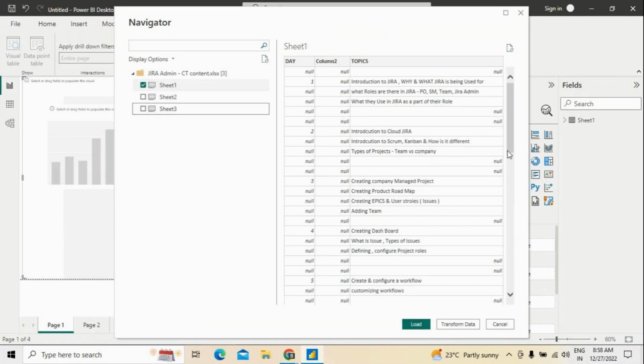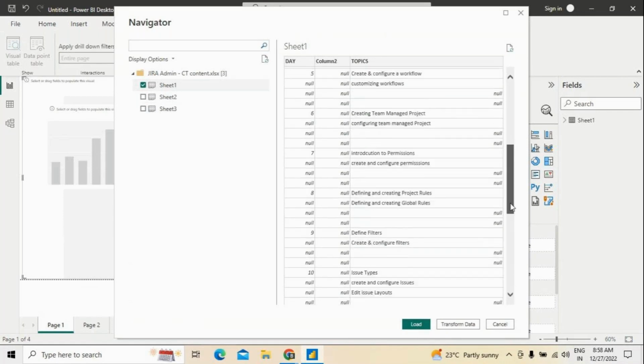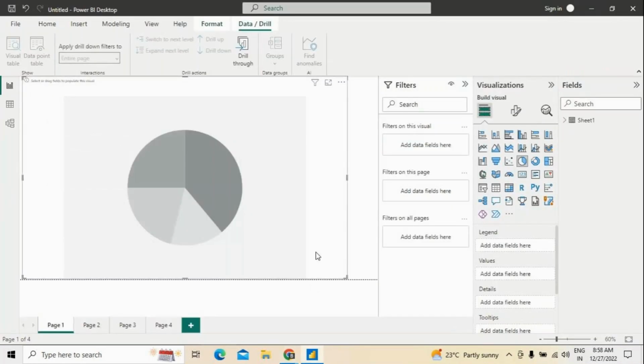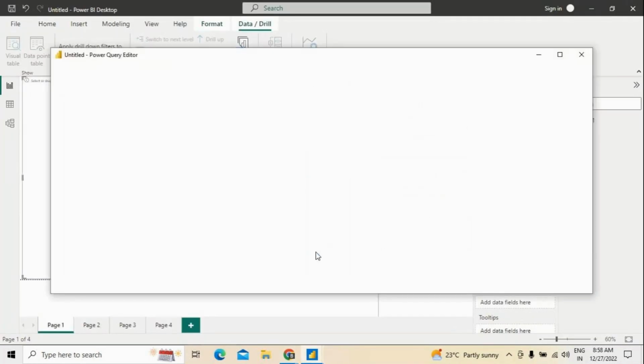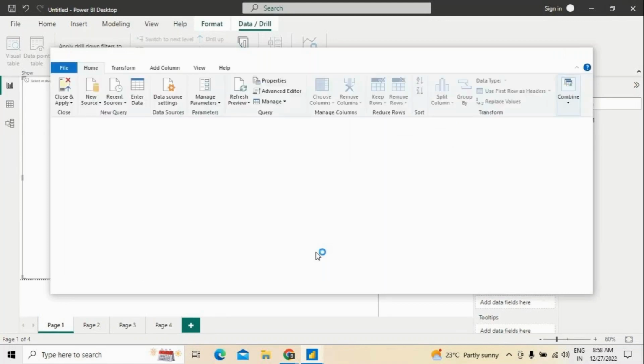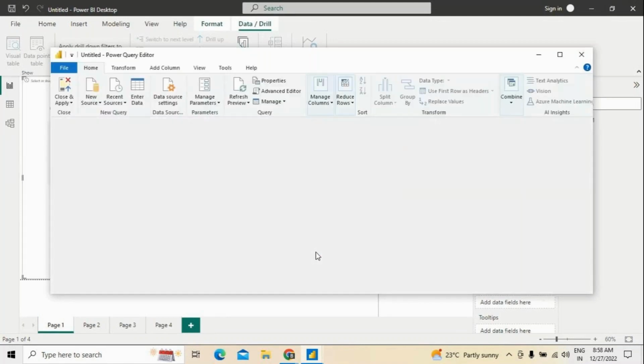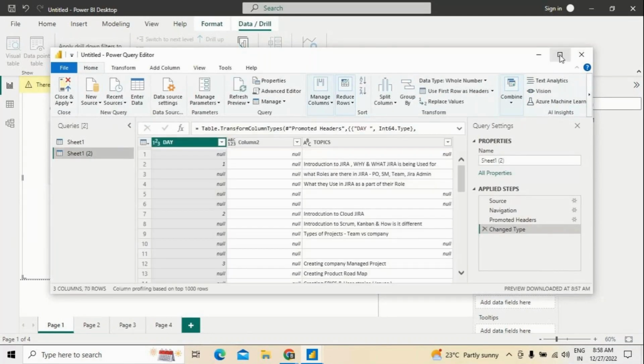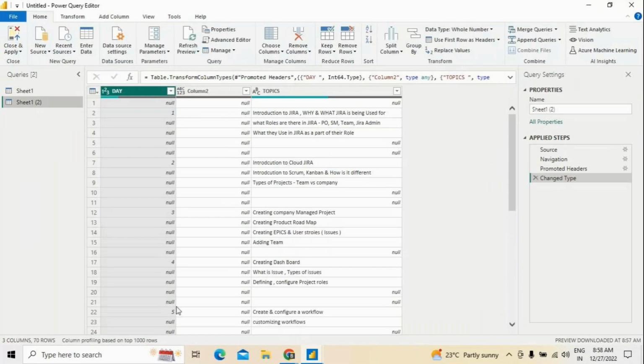Now there is an option here we call transform data. How to transform the data? Here you have an option called transform data, where data transformation will take place. Right. So here you can see there is a transformation of data which happened, because earlier whatever the sheet